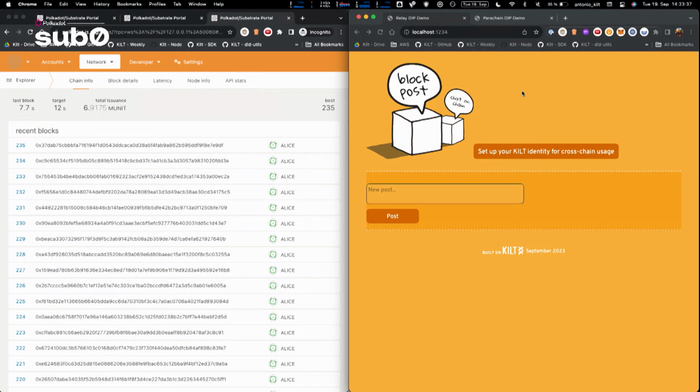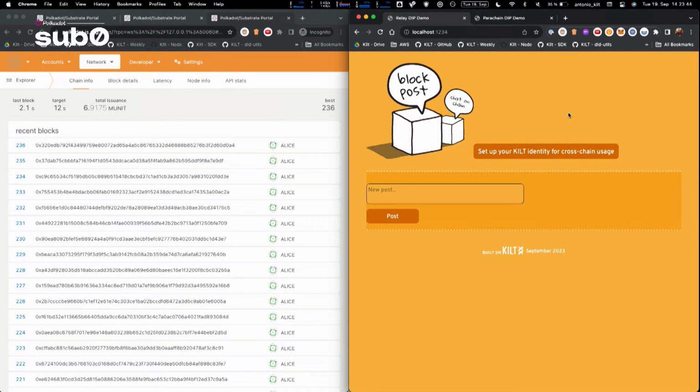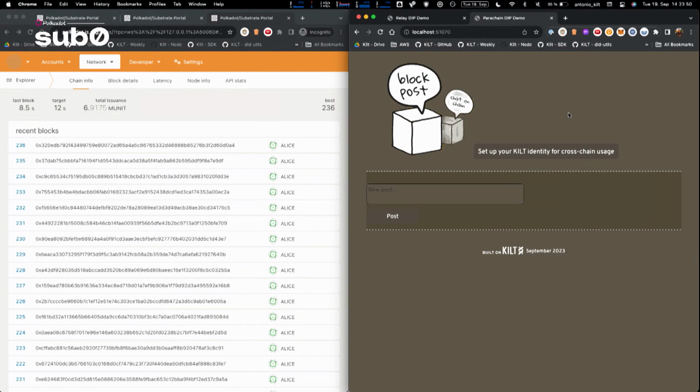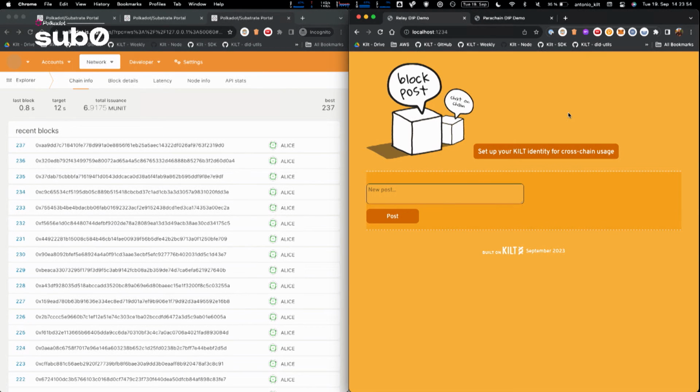And these are the dApps here. So there are two different dApps deployed. One is connected to the relay chain, so the relay chain also has the same pallet, so it allows people to comment, like, and post on the chain. And then there is a second instance which is deployed on the sibling parachain. So we have the provider parachain, which is a KILT parachain. We have the relay chain, which of course takes care of finalizing the blocks, and also if you want, for some reason, you can interact on the relay chain, and then you have a sibling parachain as well.